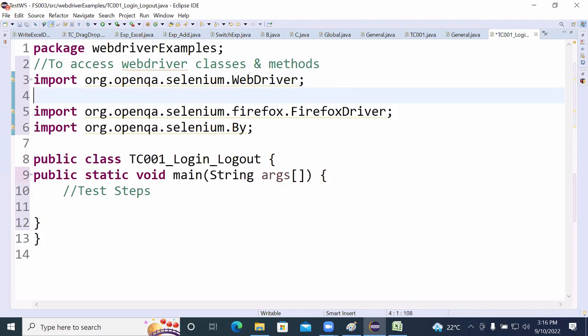Firefox driver package, we can mention that it is to access the Firefox browser. No sir, I want to work with Chrome. What will you mention? Chrome driver. In case of the Chrome browser, you can mention Chrome driver. Okay. Then we got